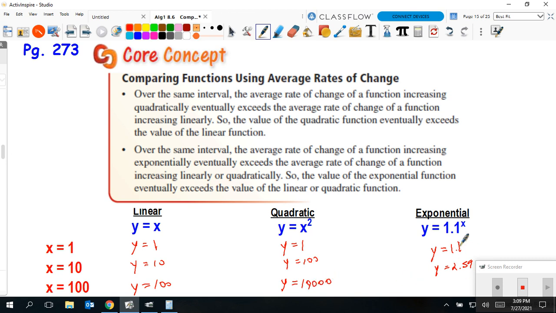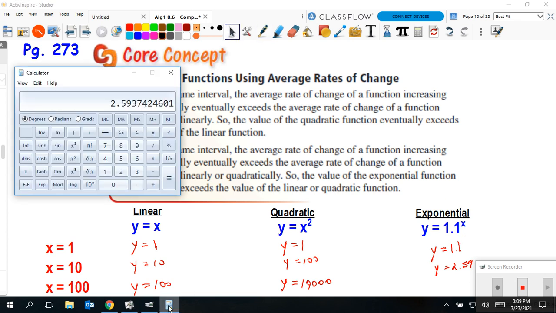And then the exponential one, let's use the calculator again. Pull this up. And so after 1, we're going to 1.1, and now we're going to raise it up to the 100th power. So the 100th power equals. And now look at this one. Remember how when we were at 10, it was at $2.59? Well, now at day